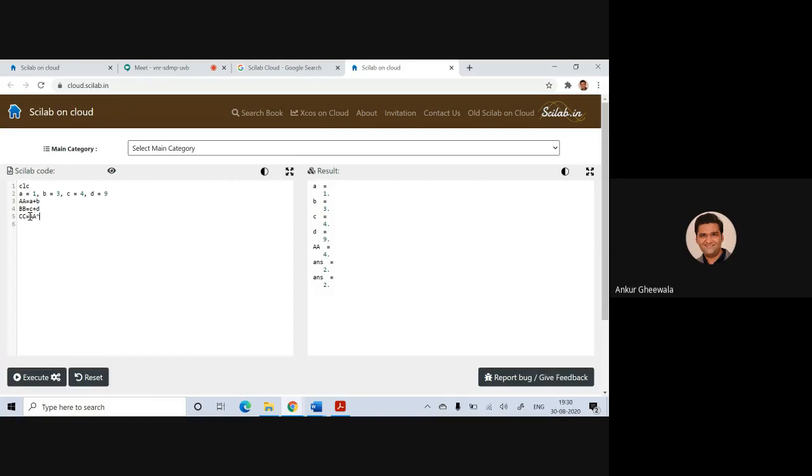a raised to 0.5 divided by bb raised to 1 by 3. So I am writing here. I'm also doing this for the first time in the Scilab, 1 by 3. And I can also write down here instead of 0.5, 1 by 2. Let's check the answer. What should be the answer?